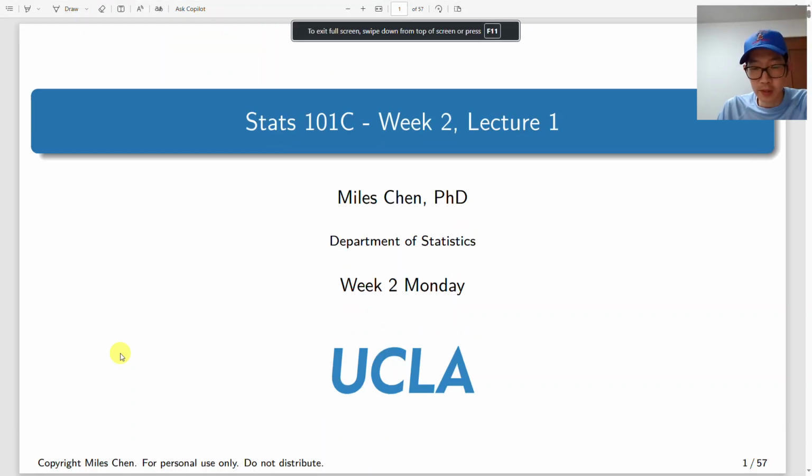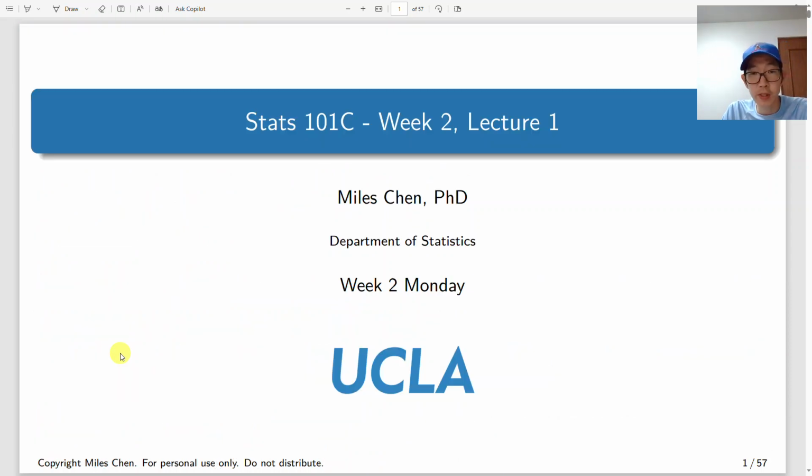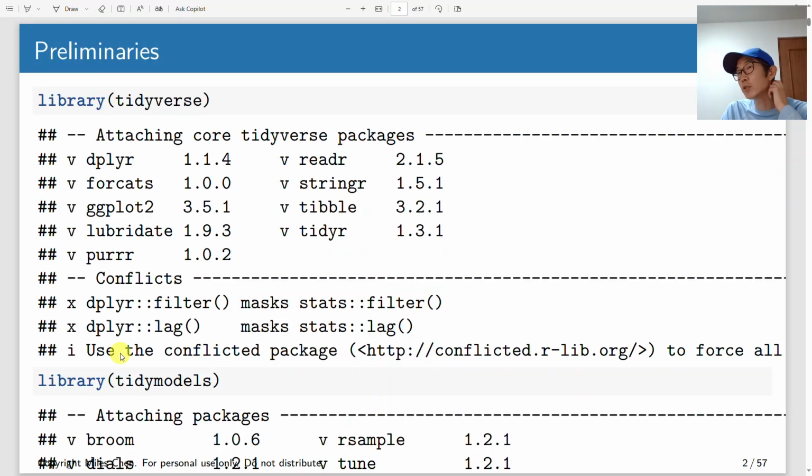Okay, let's look at today's lecture. So I want to take a look at linear regression, and just talk about the ideas behind it. But you are already familiar with linear regression because you've taken Stats 101A. But we'll take a look at how to approach even just fitting a simple model like linear regression using